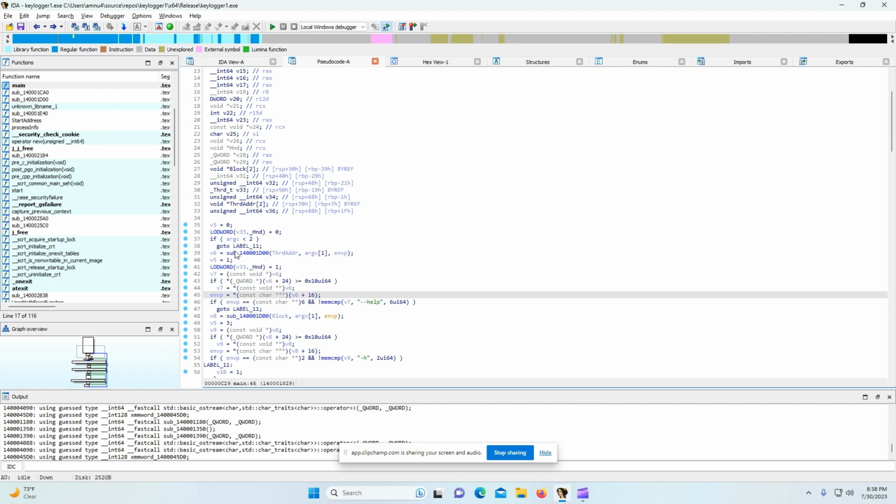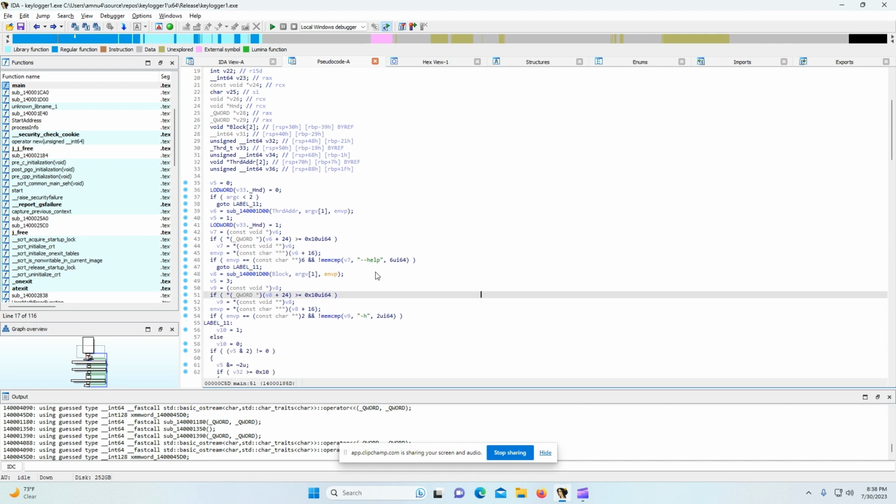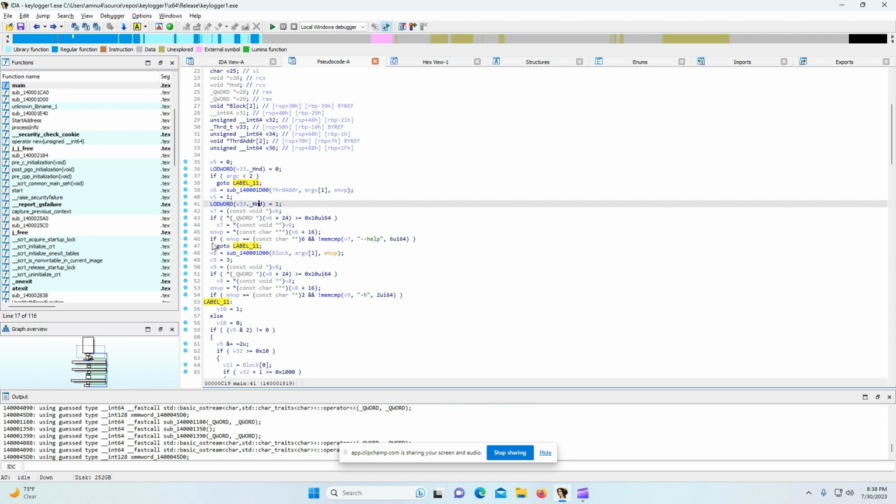So this is saying if argc less than 2, so if there's less than 2 arguments, so keylogger.exe and no argument, just keylogger.exe, it is going to go to label 11. And if you highlight label 11, you're able to see where label 11 is mentioned. And we can see here label 11 is mentioned again. It's saying if envp equals const 6 whatever. So this isn't important. But if you highlight v7,